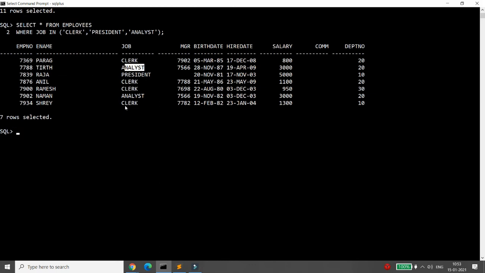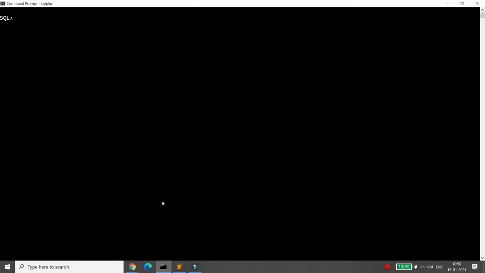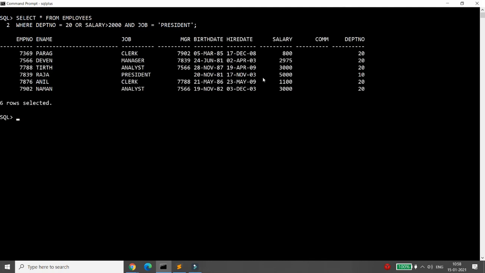One more thing that you need to understand is that AND has the highest precedence. For example, if you are writing a query like this, select star from employees where department number equal to 20 or salary greater than 2000 and job equal to president, then what happened? See, it will evaluate the AND portion first. So salary greater than 2000 and job equal to president.